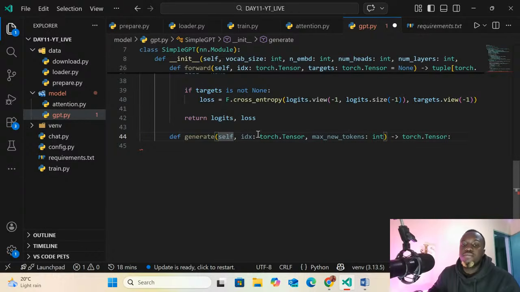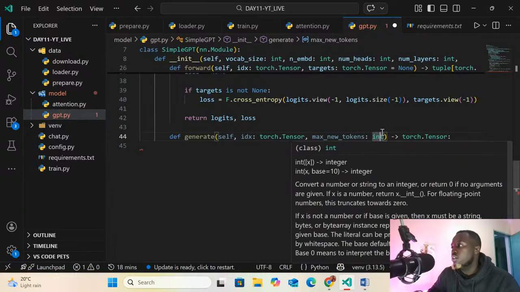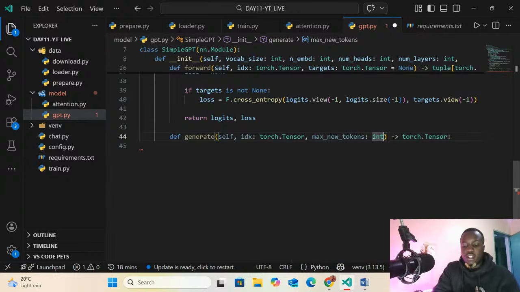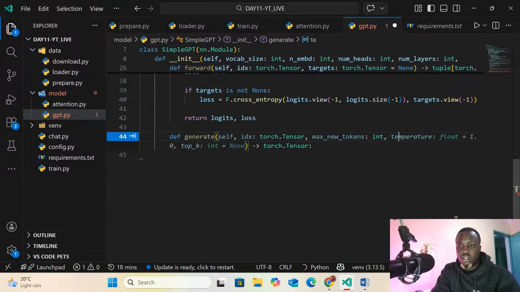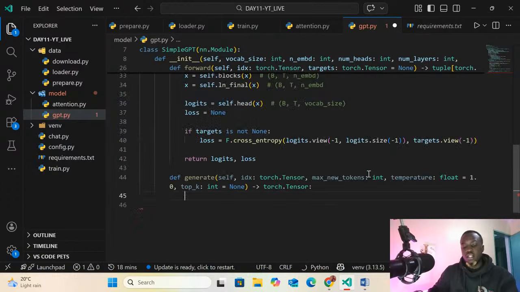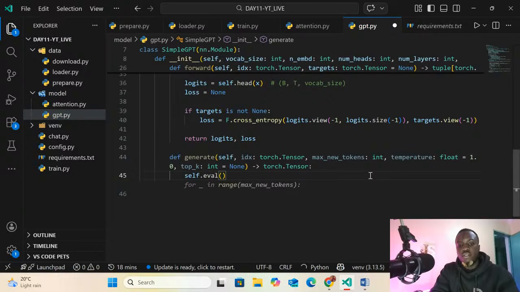We're going to pass self, the tensor, the maximum number of new tokens, and the temperature, which is a float of 1.0. Then the top token. This one is cool. We can go ahead and call self.eval.